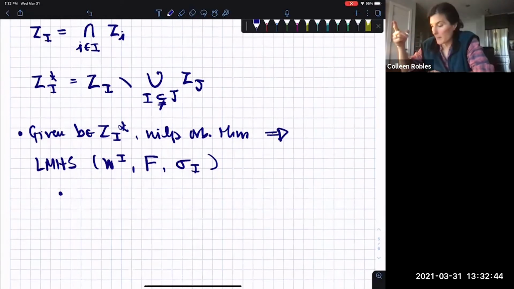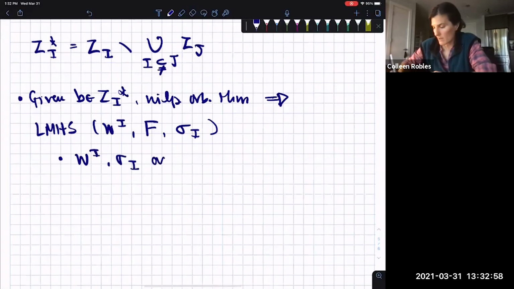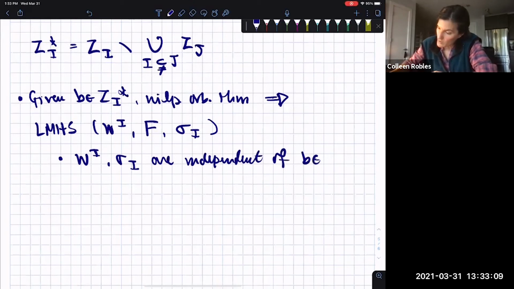Now, as long as I restrict to a tubular neighborhood of this strata, the weight filtration and the cone are independent of our choice of point B